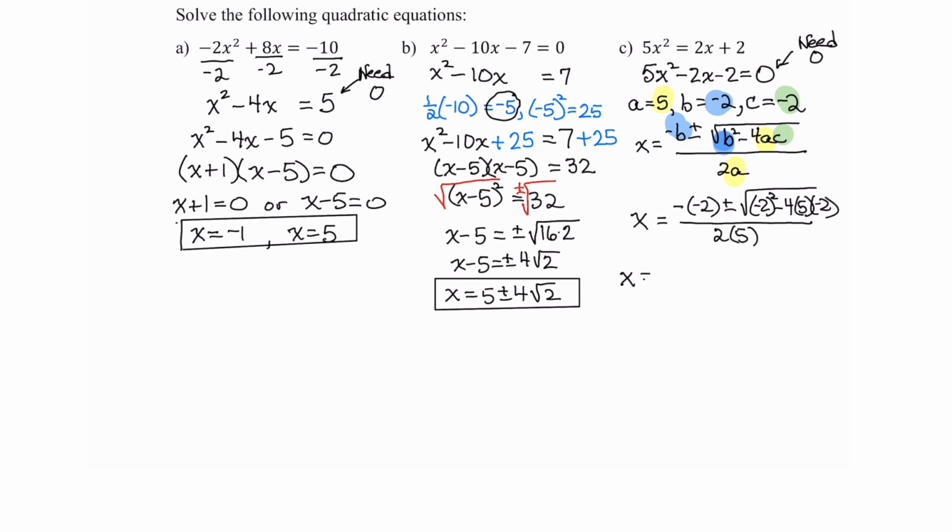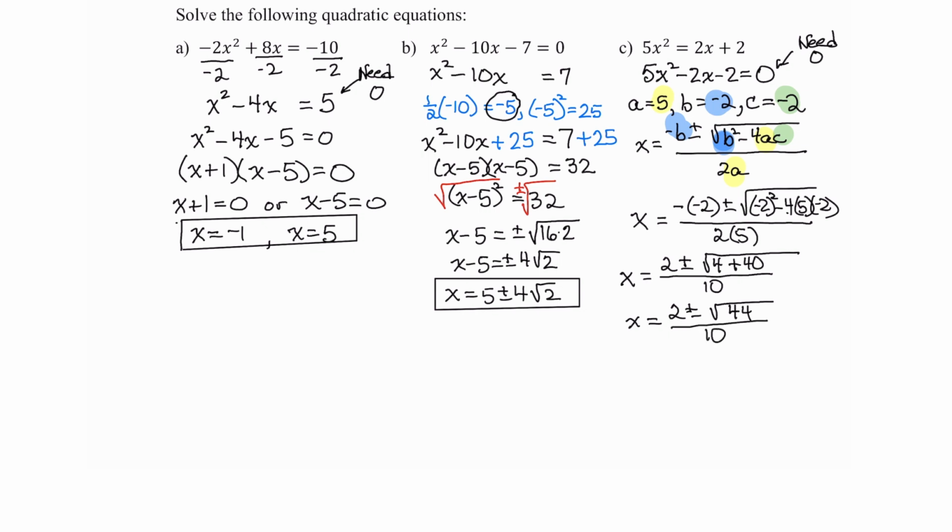So we have the solution now, we just need to simplify it. The opposite of −2 is 2 plus or minus the square root of (−2) quantity squared is 4, and then I want to take this negative 4, the minus with the 4 as I multiply. So −4 times 5 is −20, −20 times −2 is a plus 40. And that's all over 10. Remember, you have to add those terms together before taking the square root. So I have 2 plus or minus the square root of 44